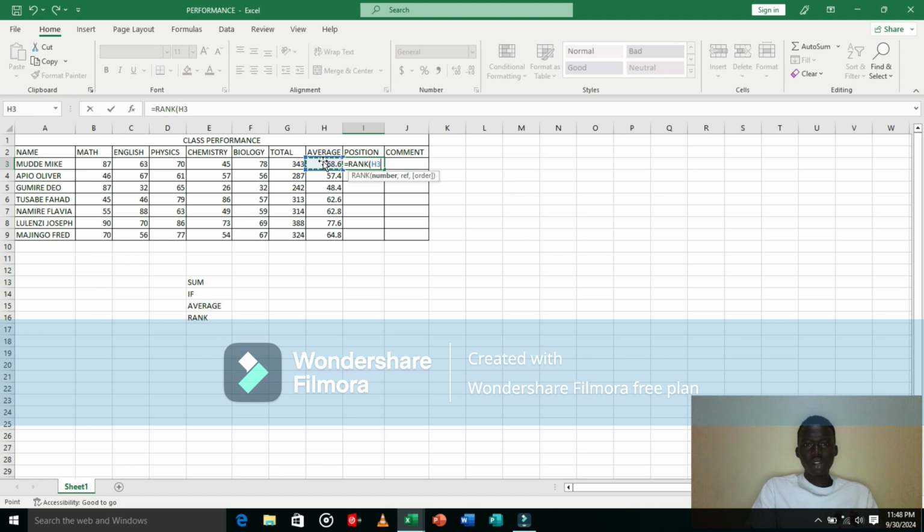So the number is H3, and then we get to the reference. So we are comparing cell reference H3 to other cell references. So the cell reference is here,